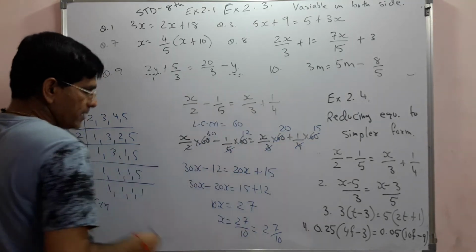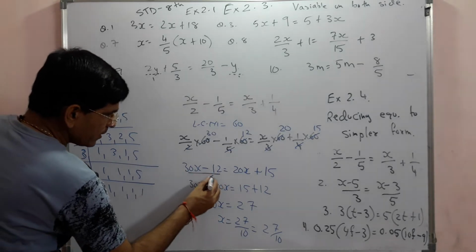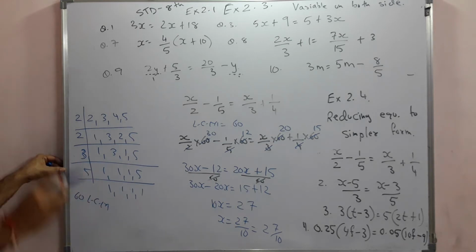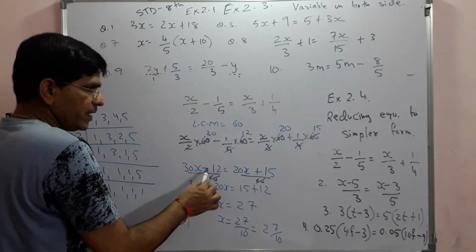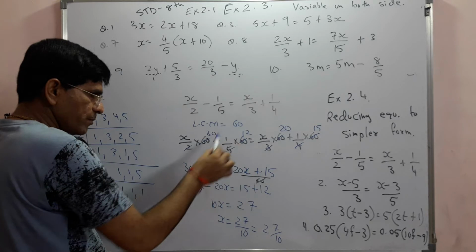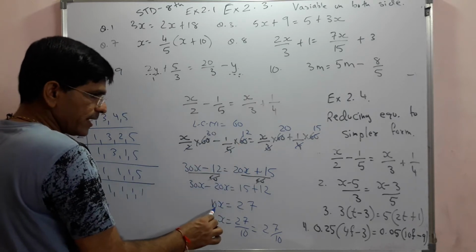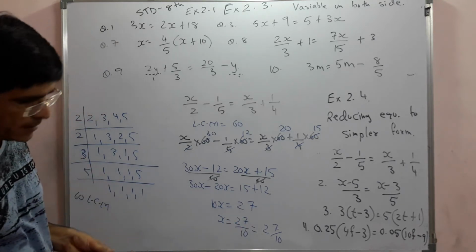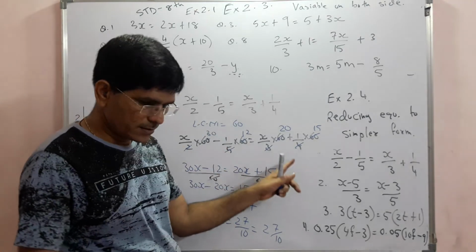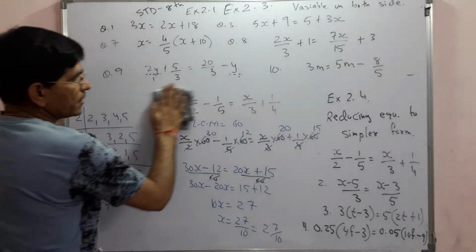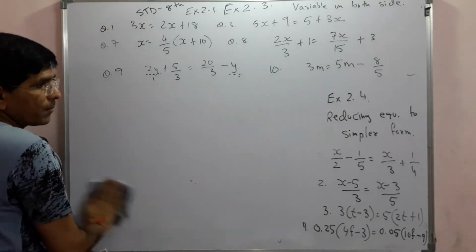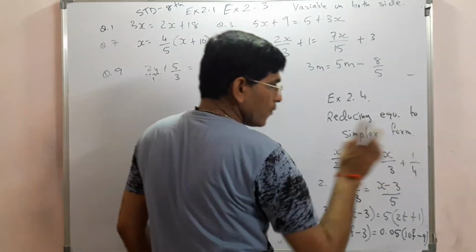Now you simplify. Generally, 60 is here and 60 is here, but they should cancel. That is why it is not necessary to write the LCM in the denominator. Now 30x, and here minus should shift to plus, plus 20 should be minus. So 30x minus 20x, that is 10x, and here 27. So x equals 27 by 10, that is 2 and 7 by 10. Clear? So these are all important sums related to reducing an equation to simple form. Now the terms with 1, 2, 3 and 4 we have completed.